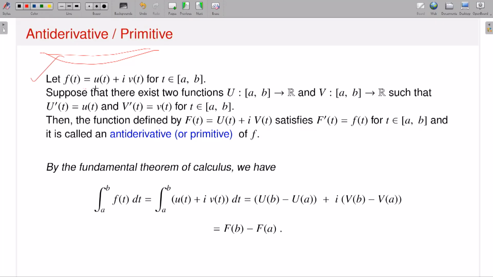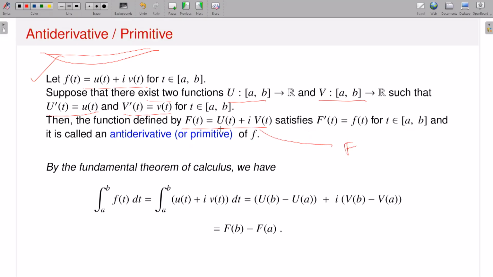So let f equal u(t) plus i v(t), where t runs over the closed interval [a,b]. Suppose that there exist two functions capital U and capital V from [a,b] to R such that capital U prime of t equals small u(t), and capital V prime of t equals small v(t). That means U and V are the primitives of small u and small v respectively. Then I consider a function capital F which is capital U(t) plus i capital V(t). Then by the definition of derivative, if I calculate the derivative,